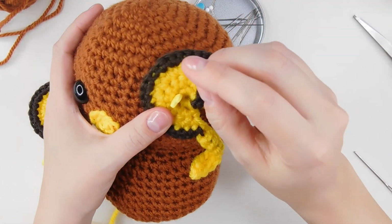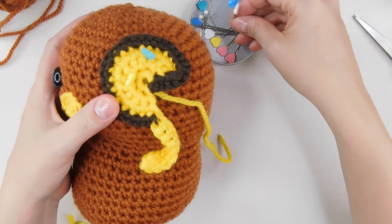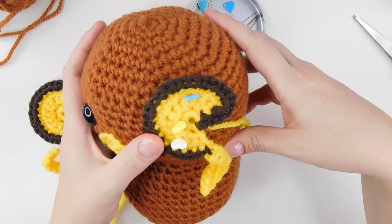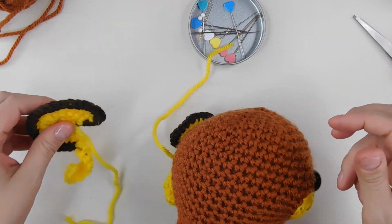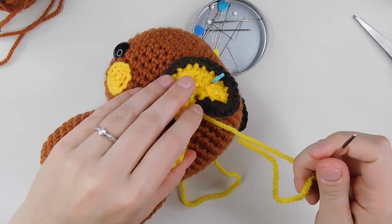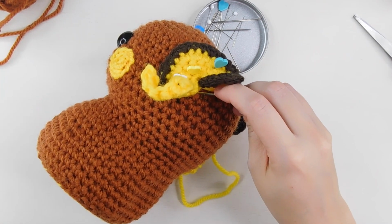The pins can go all the way through to the middle, but make sure that when you're sewing, you're only sewing through the layer that is on top. So don't sew all the way through to the Pikachu layer, just stay on top with the Raichu layer. So I'm going to thread my needle, and when you go through,